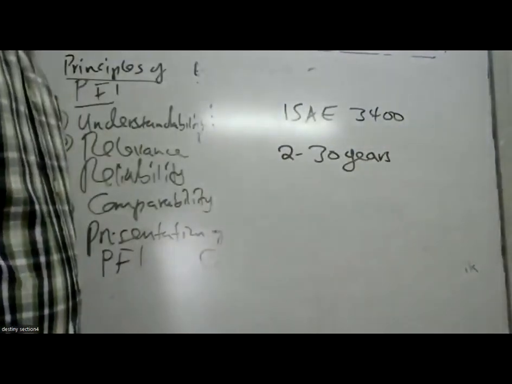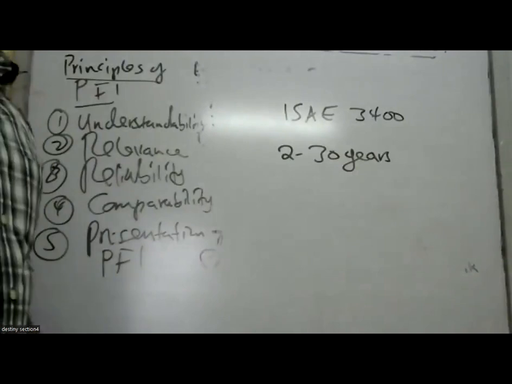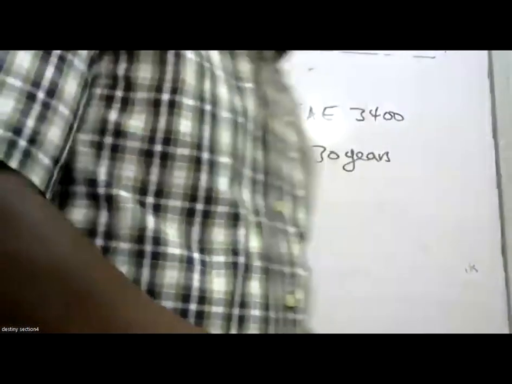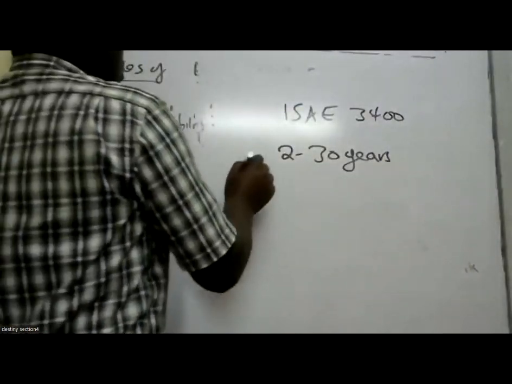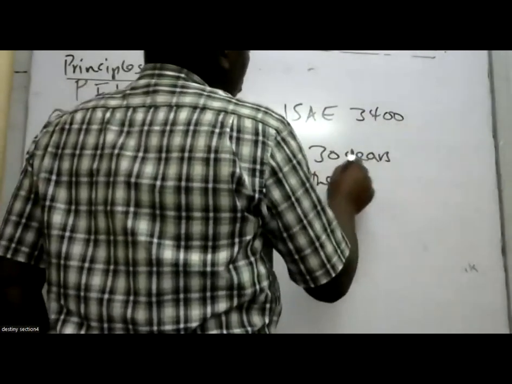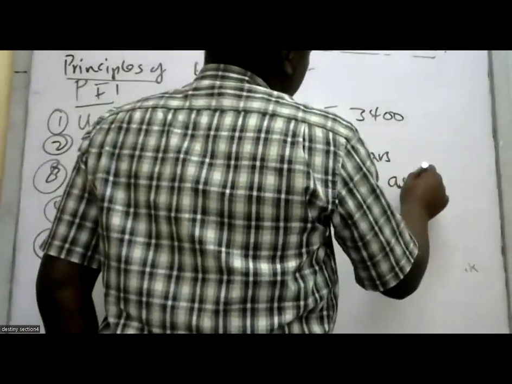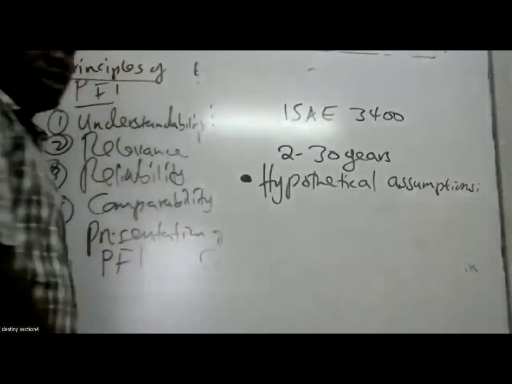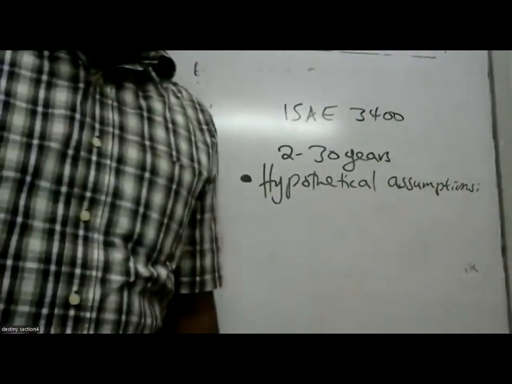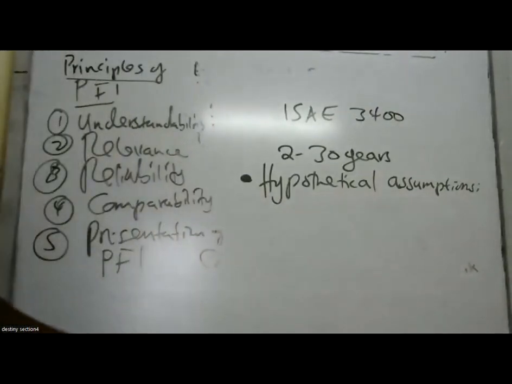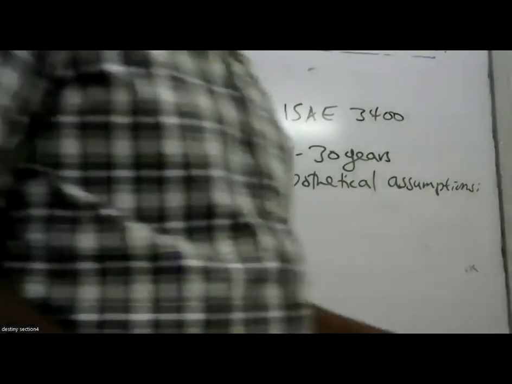A projection may include or contain the following. Number one, hypothetical assumptions. These are the assumptions about future events